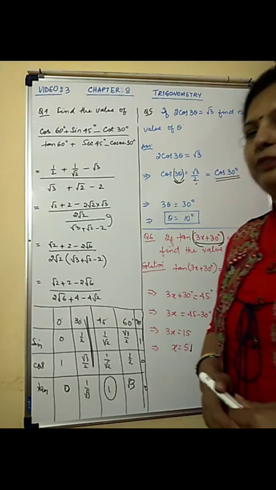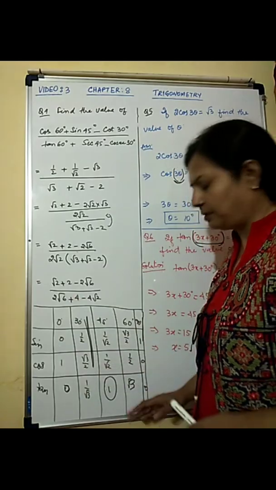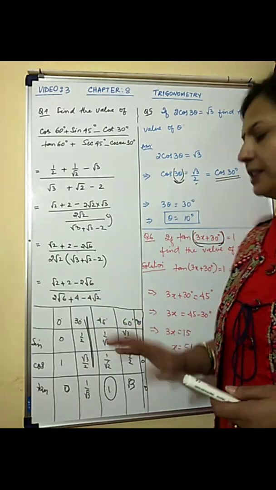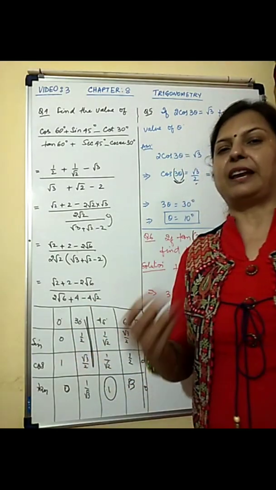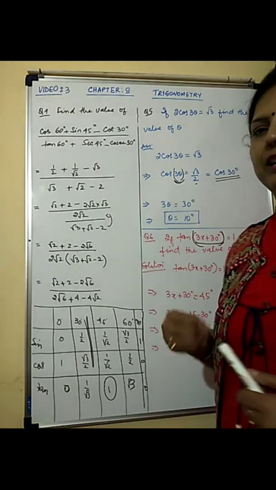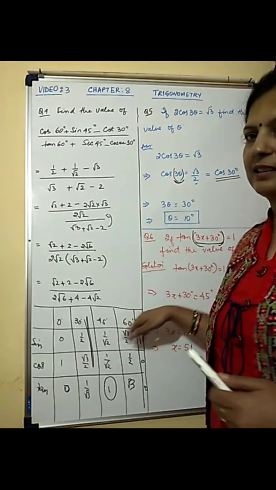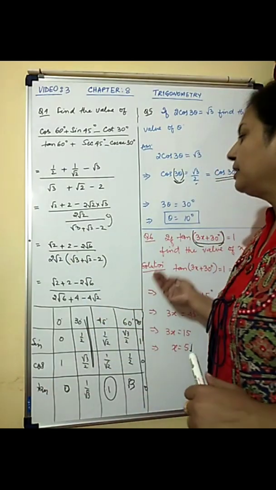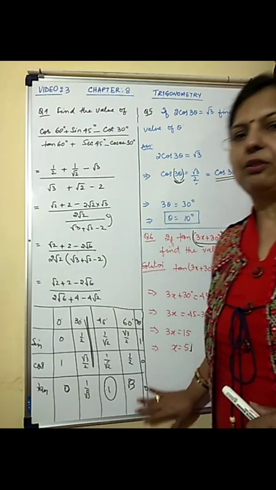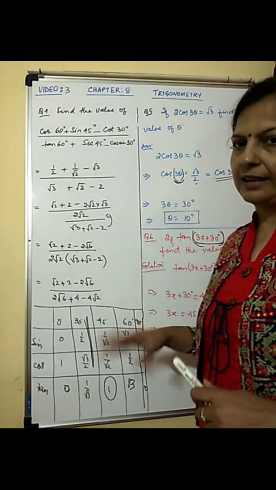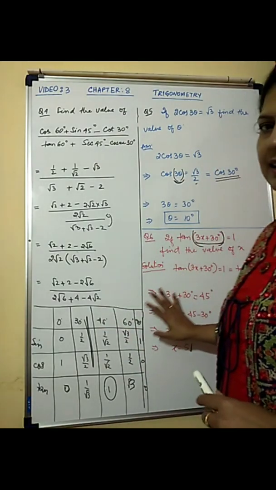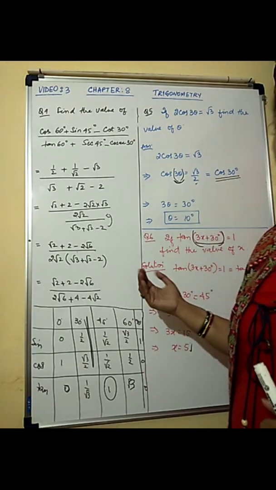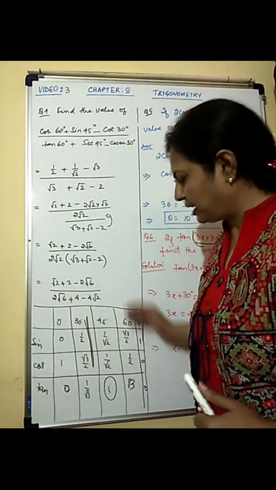Now you remember one thing, that whenever we were deriving these values from the geometrical figure, all these values were independent of the measure of the sides. In none of these ratios the side was involved, because whenever we took the equilateral triangle, you remember the sides A and A cancelled. In an isosceles right triangle also, while calculating the values, A and A got cancelled. So these ratios are all independent of the measure of the sides. So it is only the name of the sides that is important. Then we calculate the dimensions, the measure of the sides. The ratios are independent of the measure of the sides.